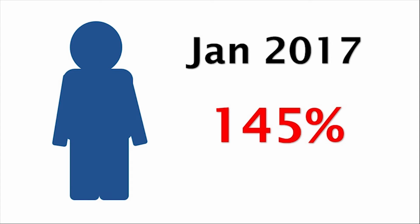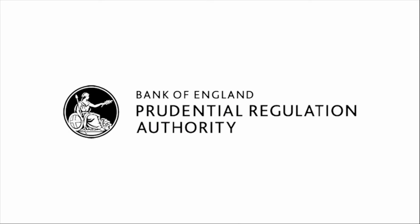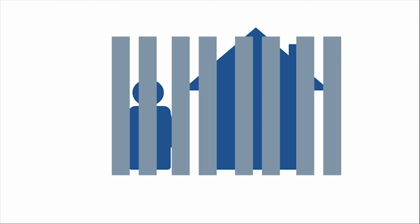From next year, for personal borrowers, the standard interest cover ratio is likely to be 145% if you're looking to get new buy-to-let finance. However, if you're planning to remortgage on a like-for-like basis, don't worry, the new standard won't apply. The PRA doesn't want to create any mortgage prisoners. Also, the new rules won't apply to landlords borrowing via a limited company because they won't be affected by the